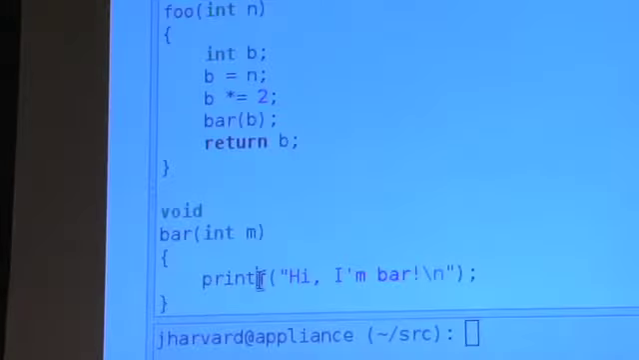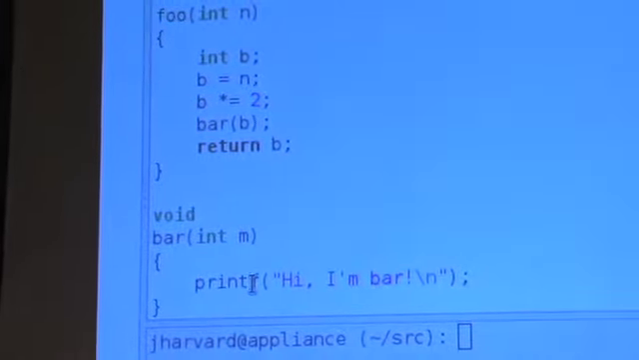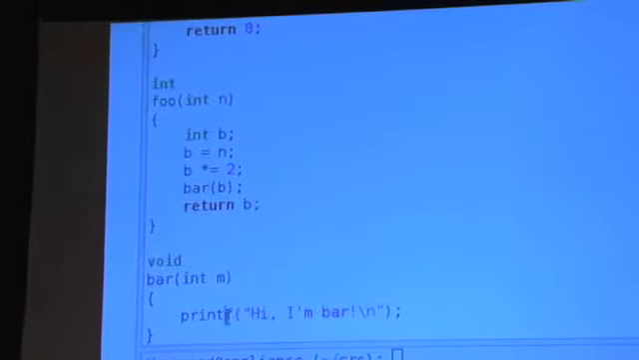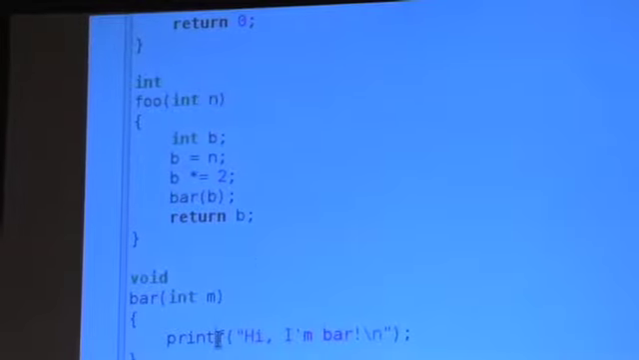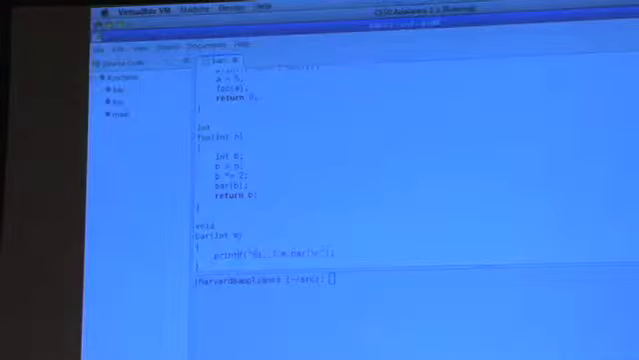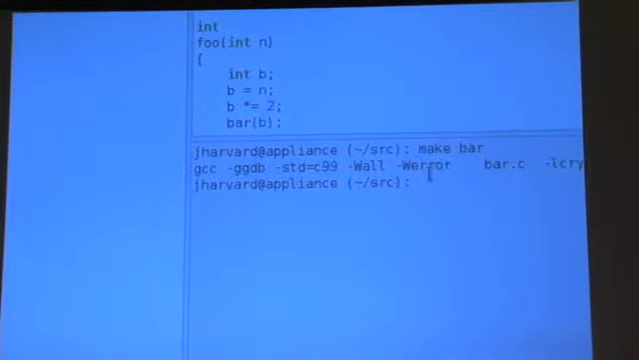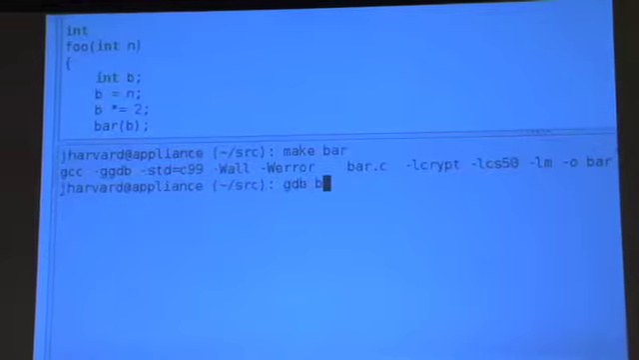But if we now get down to bar here, and I print out m, let's at least close this loop, it is going to be 10. We're just not doing anything with it. So we can now do this. Let me go in here, and I'm going to compile this program called bar. So make bar. All right, I'm going to now run GDB on it. So gdb bar